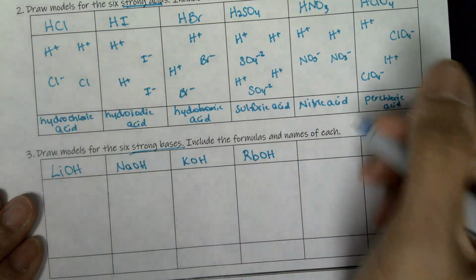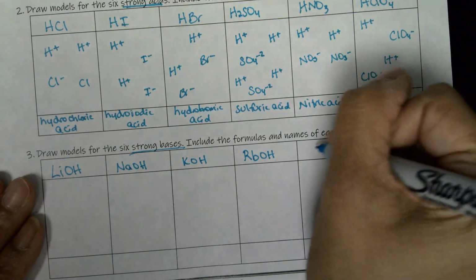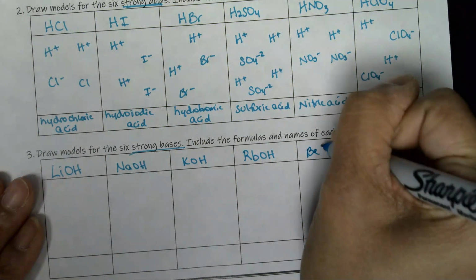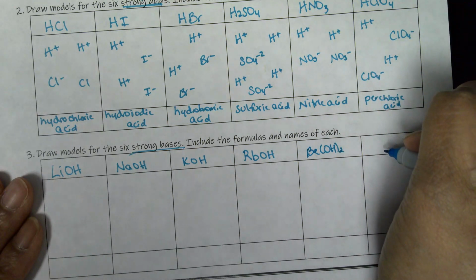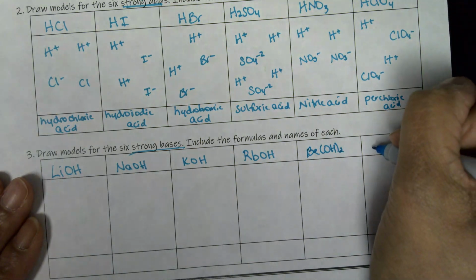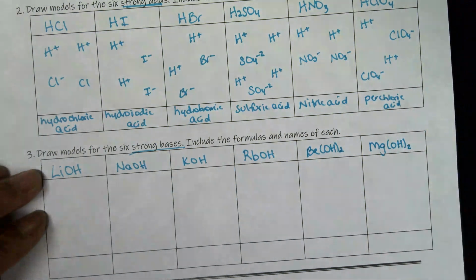And then we can go through and do the group 2. So I'll just do a few of these. We have Be(OH)2. Remember, Be is a +2, OH is a -1, so it's a 1-to-2 ratio. And then Mg(OH)2. There are more of these down the group, but these are just the ones I decided to